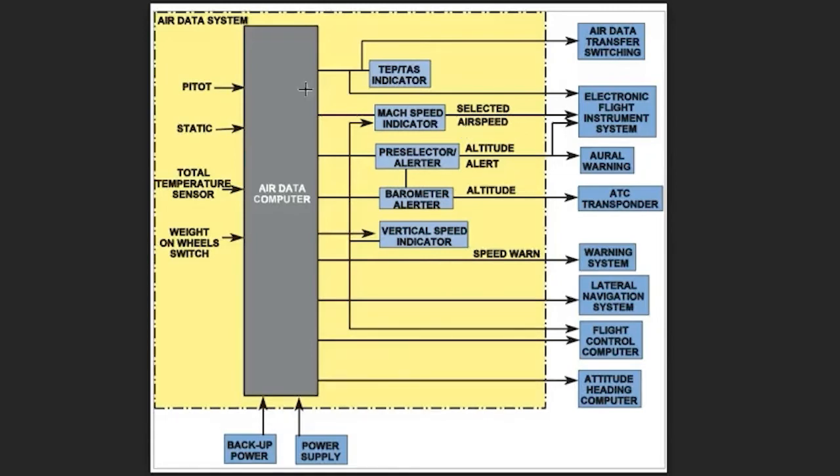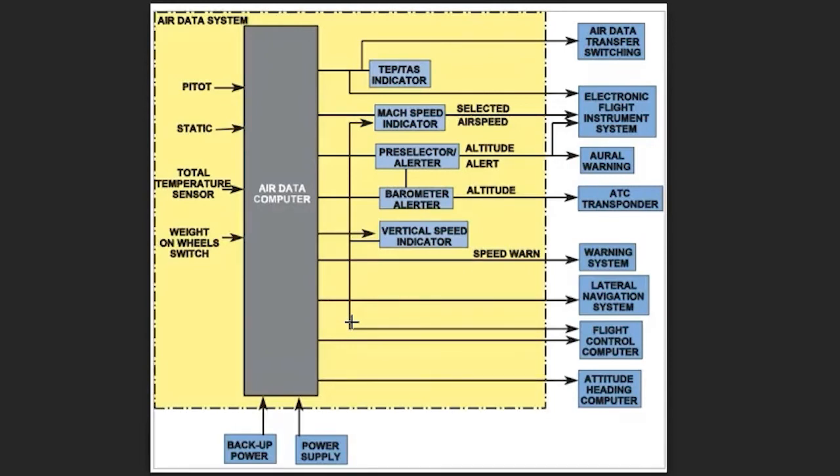Plus, an important thing. Later we will speak about inertial navigation, the inertial reference system, and we will say that the system is able to measure the heading, it is able to measure track, and it also knows your drift angle. But this system is not able to calculate the wind, because the system absolutely doesn't care whether you have a light crosswind or a strong headwind which is blowing, for example, at 10 degrees